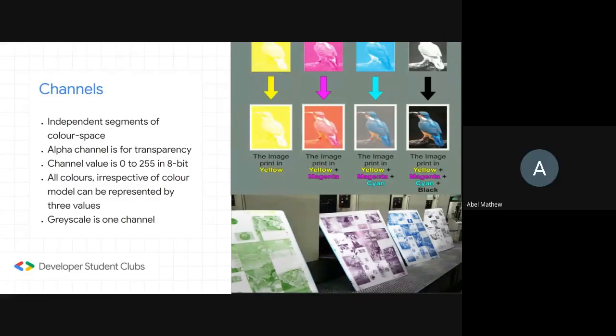So one of the points that I wanted to mention is that all colors that are visible to us, that are in our range, don't take the entire electromagnetic spectrum. Gamma rays are not representable using this system. We are just focusing on the visible color range. They can be represented using 3 channels. So it's CMYK, HSB, RGB. We just need 3 numbers to get a value of the color. Not more than that.